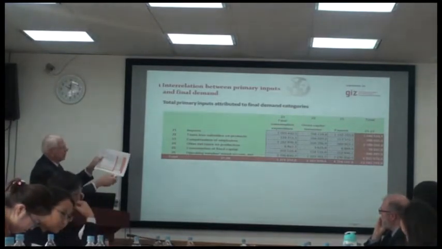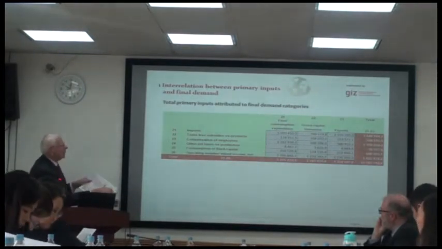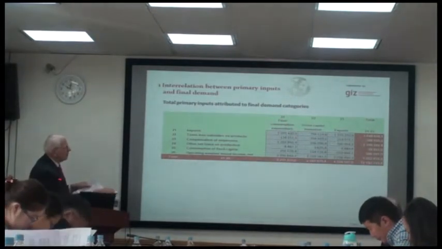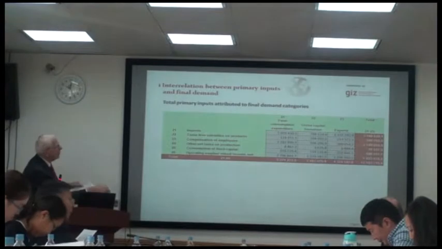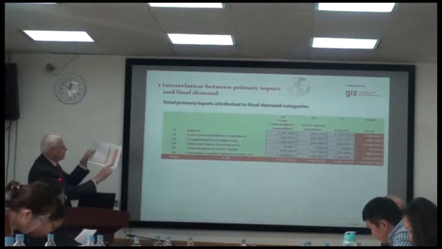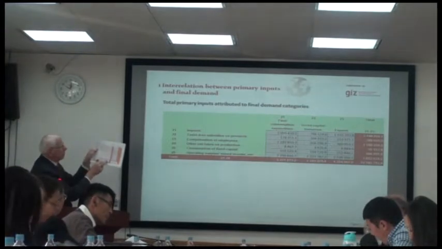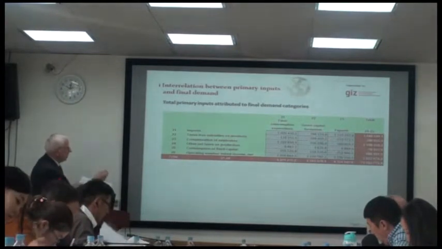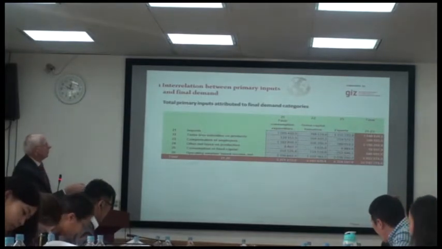So that means all the totals of the primary inputs in absolute terms equal in total the totals of the final use. So at the end, more or less, you have the identity between the expenditure side with 12,000, all the three final vectors, with the primary input side. You see the total shown in this element, the 12,000, is also reflected here. Total primary inputs are total final use, total final demand. For that reason, the title of this analysis is Total Primary Input Attributed to Final Demand Category.